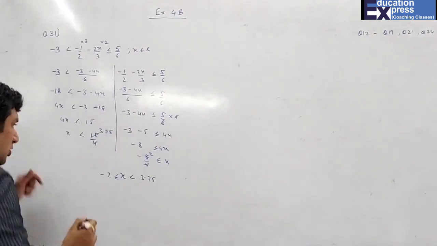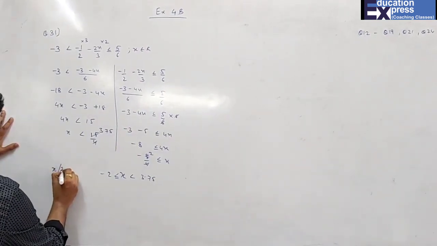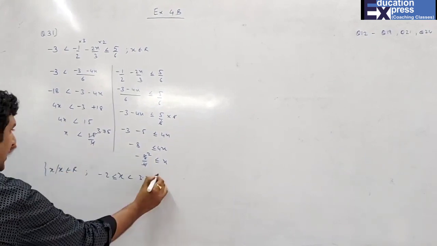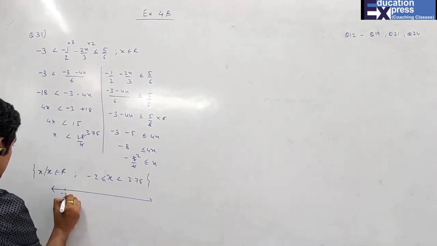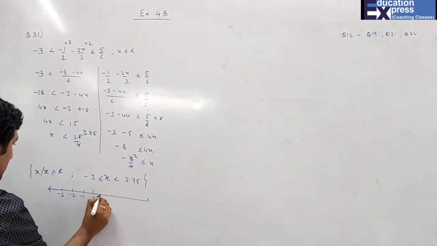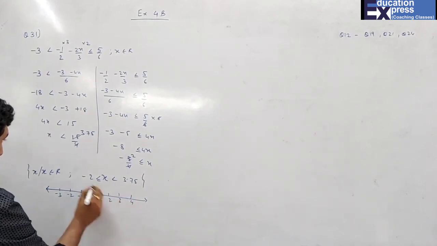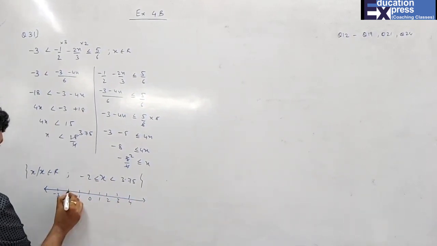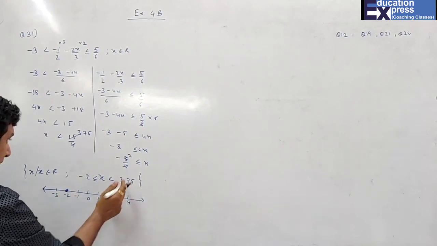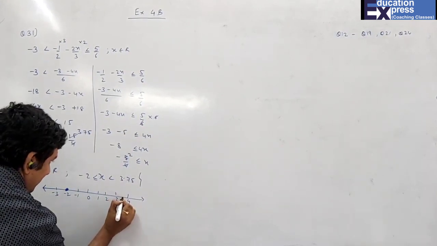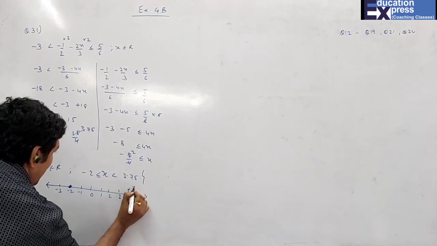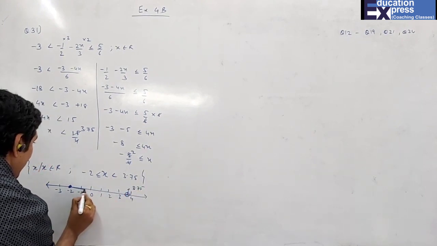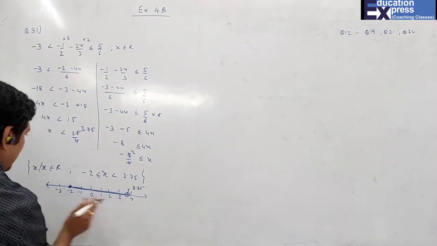So real number line we all know, and here what I can write: x such that x belongs to real numbers, and this inequation. And now minus 3, minus 2, 1, 0, 1, 2, 3 and 4. So minus 2, obviously yes, I want equal to, solid circle, and less than 3.75 here, somewhere here, which is hollow. I'll mark an arrow and write 3.75 and between a line which shows that all numbers are included between these numbers.